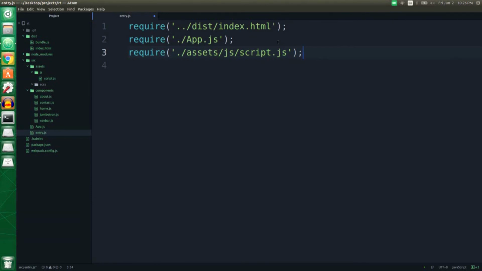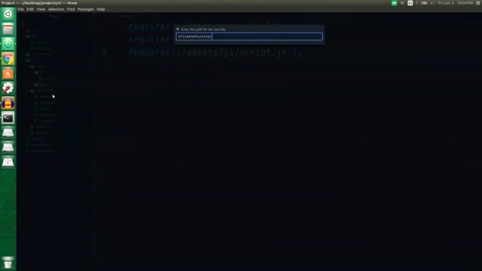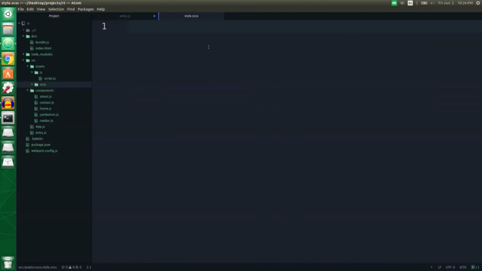Okay, and then back over in the SAS folder, I'm going to create a SAS file because I want to show you how you can compile or transpile this. So I'm just going to create some really basic SAS syntax here that you normally wouldn't be able to use in a CSS file. So I'm going to say my color equals